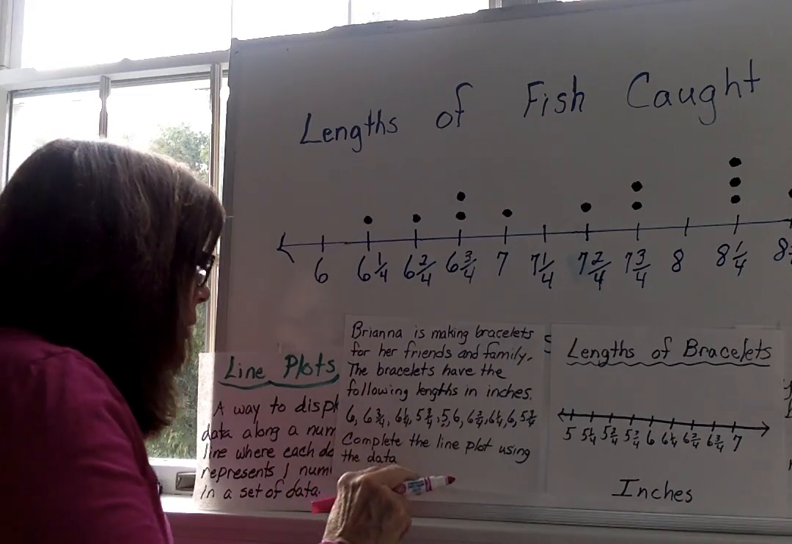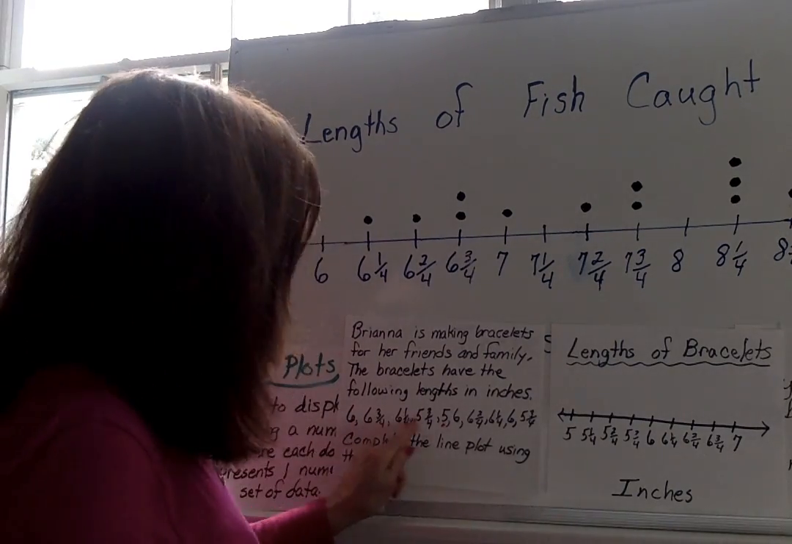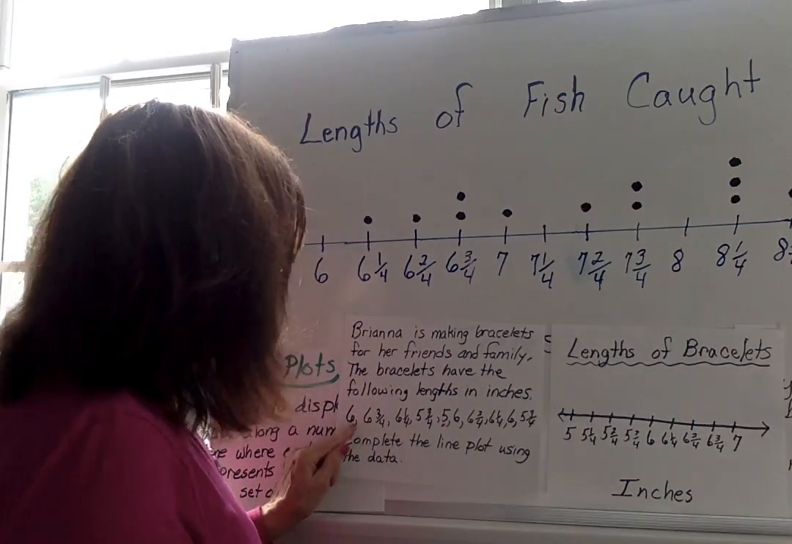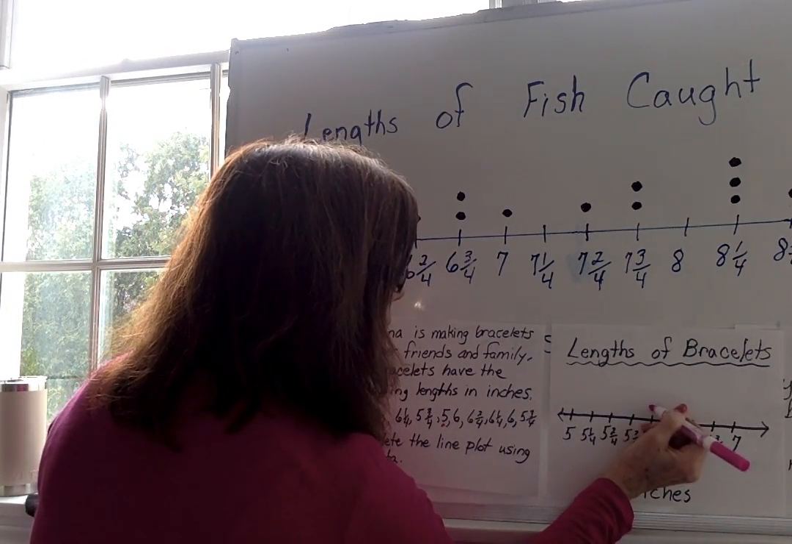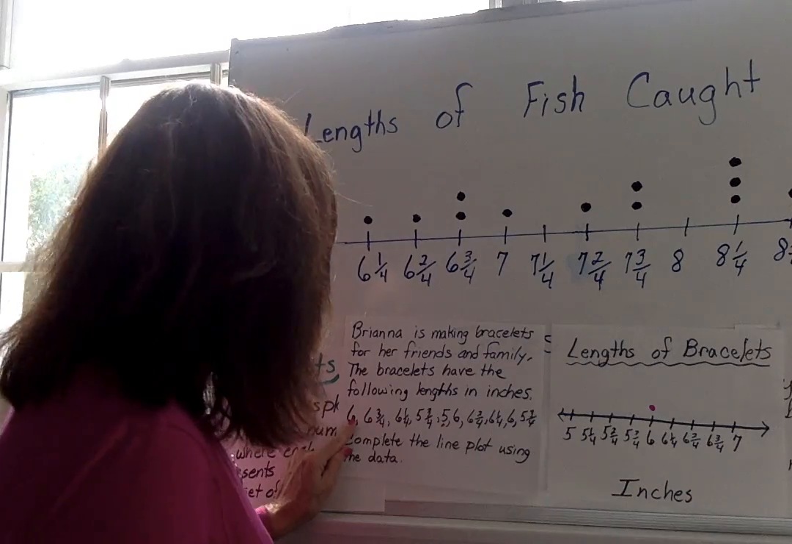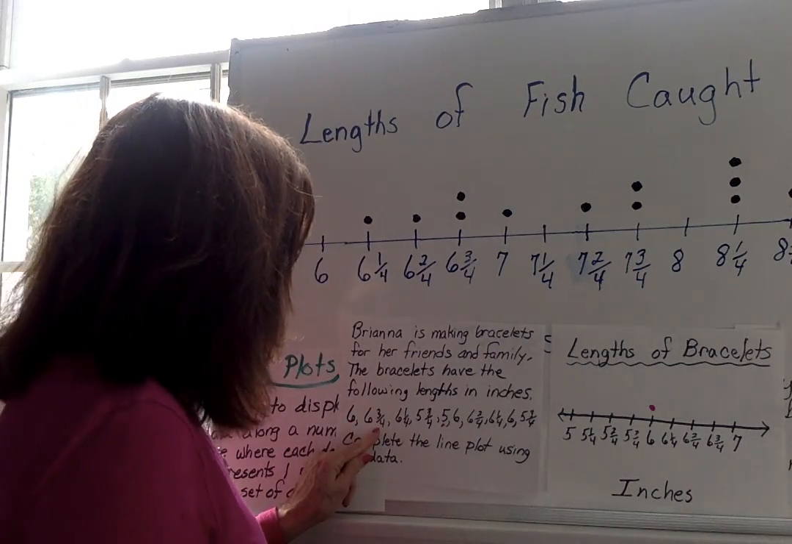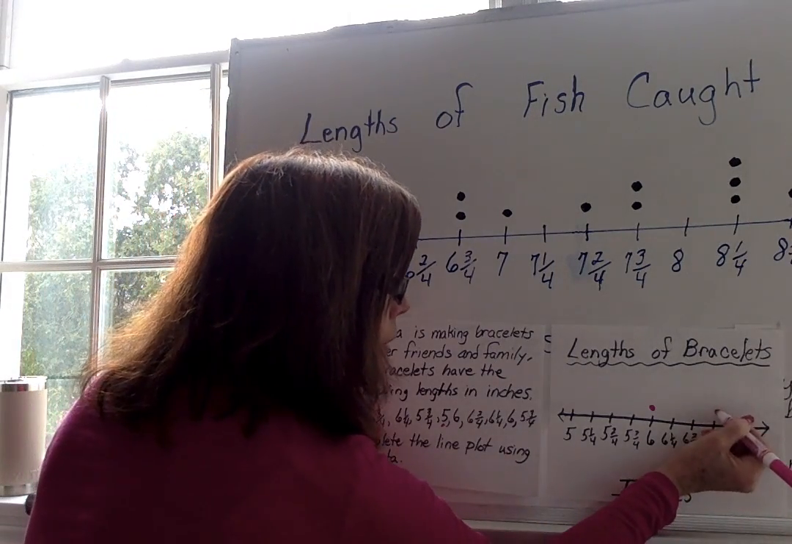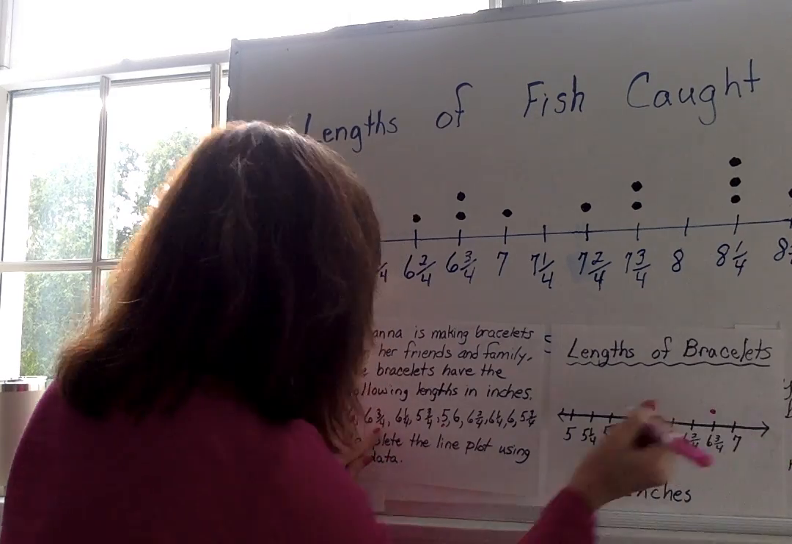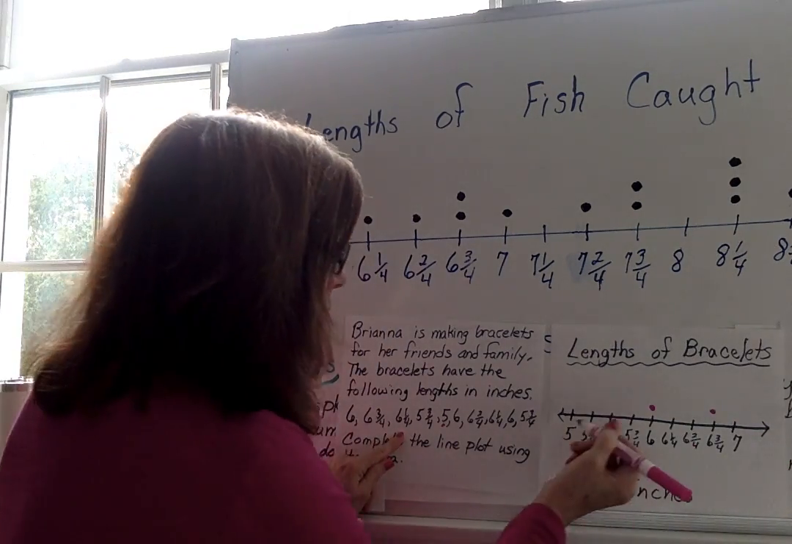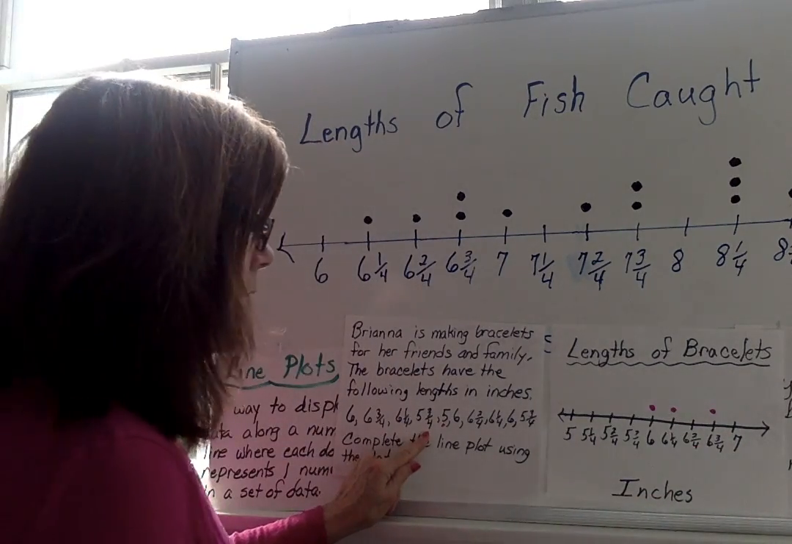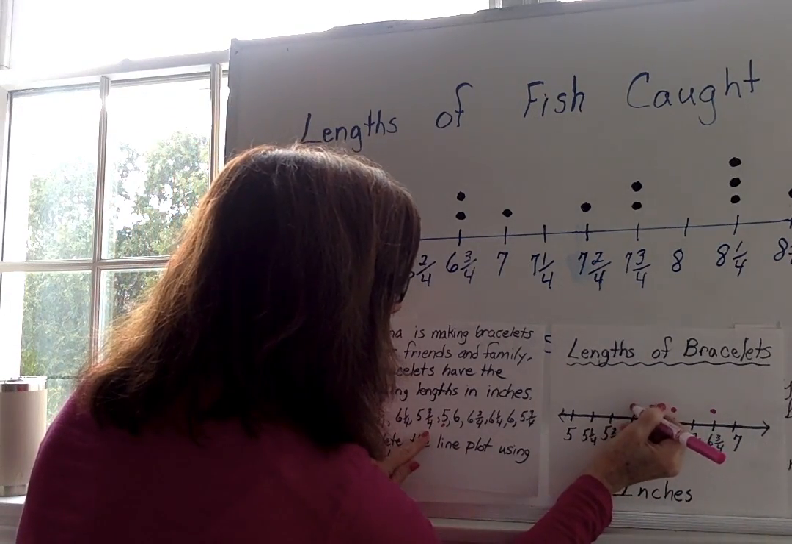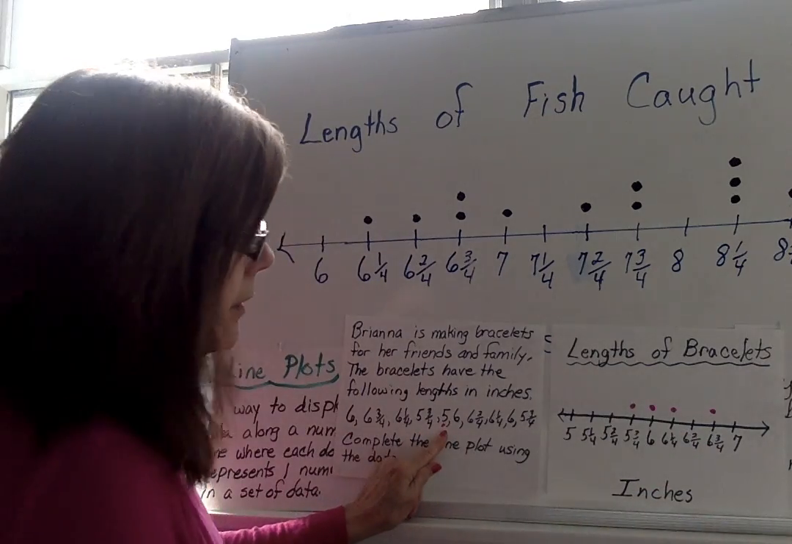All right. So we're going to go right in order so we don't leave anything out. So 6. Put a dot above the 6 to represent one of the bracelets that Brianna made. And then she made one that was 6 3/4, which would be right here. Then she made one that's 6 1/4, and then 5 3/4, and then 5,